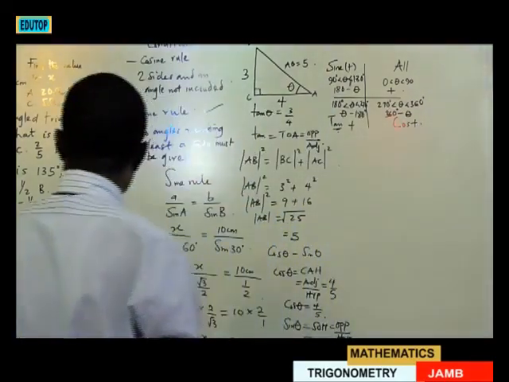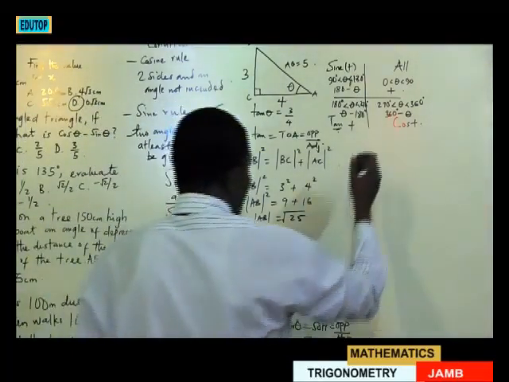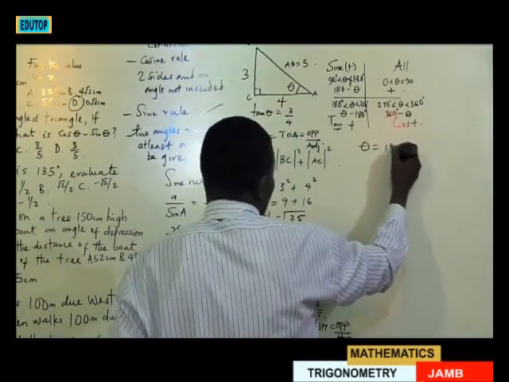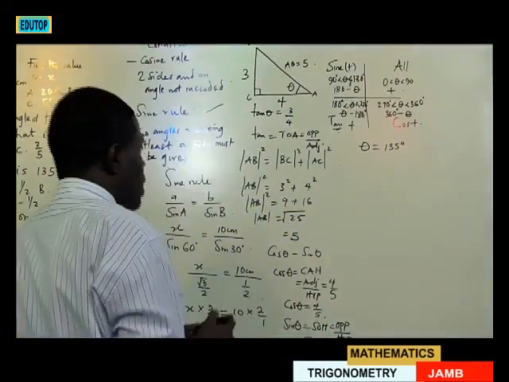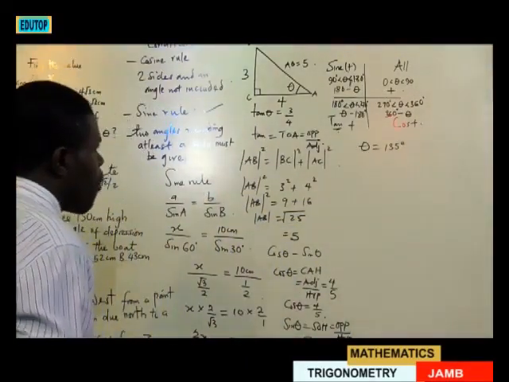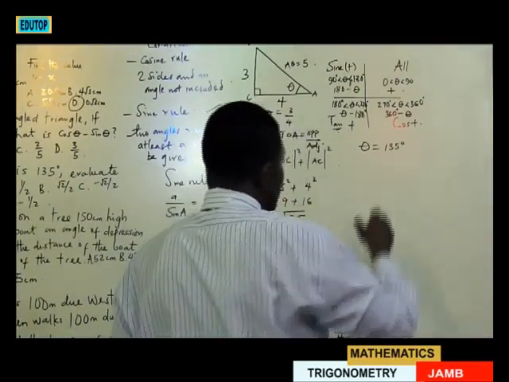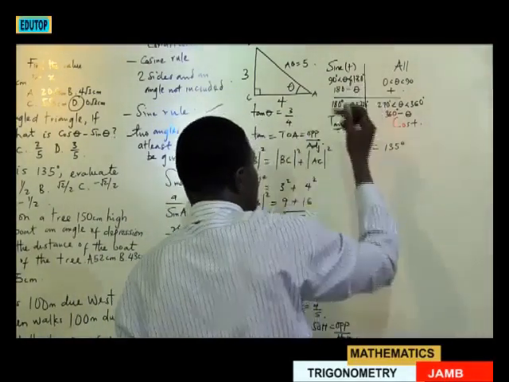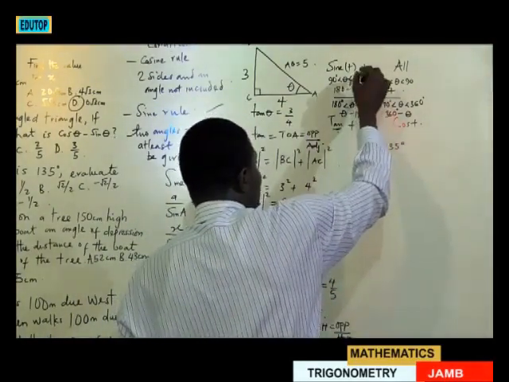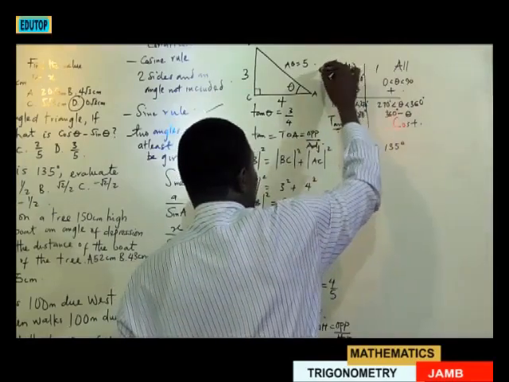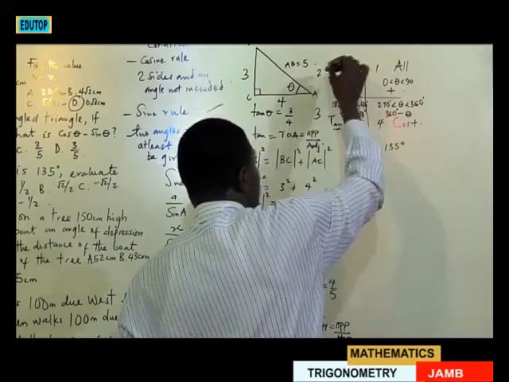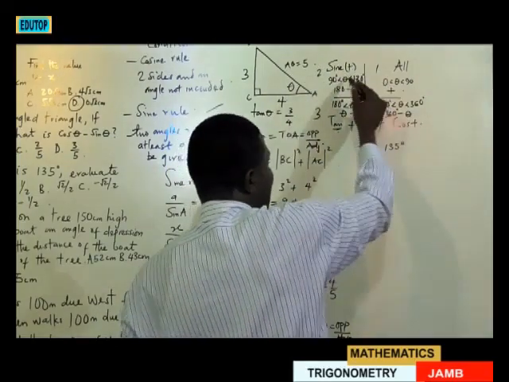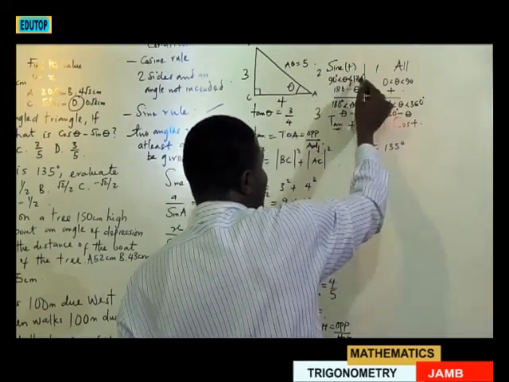So now, by virtue of what we are given, our theta is 135 degrees. If you look at my analysis, where do you think the 135 degrees will fall? The 135 degrees will fall on the second quadrant. This is the second quadrant. First quadrant, second, third, and fourth. So it is on the second quadrant that our theta lies between 90 degrees and